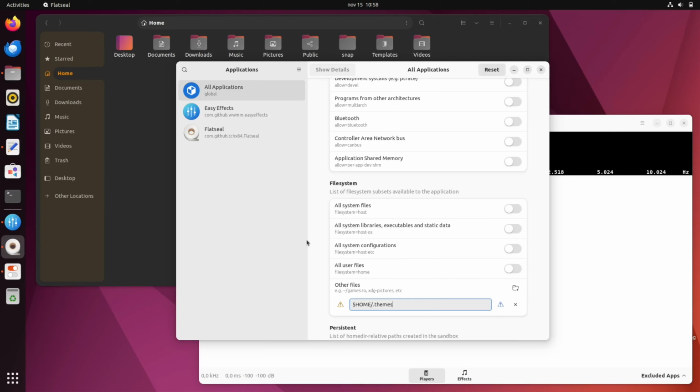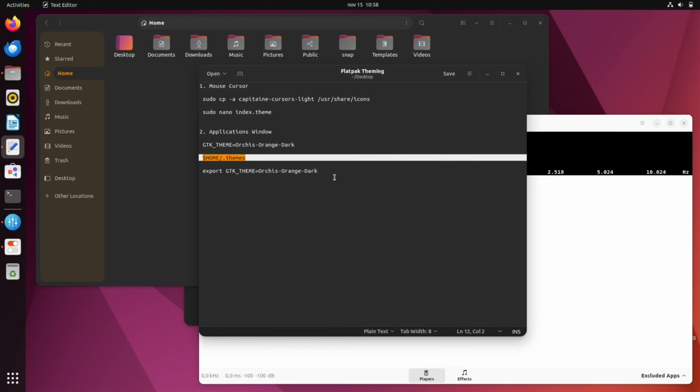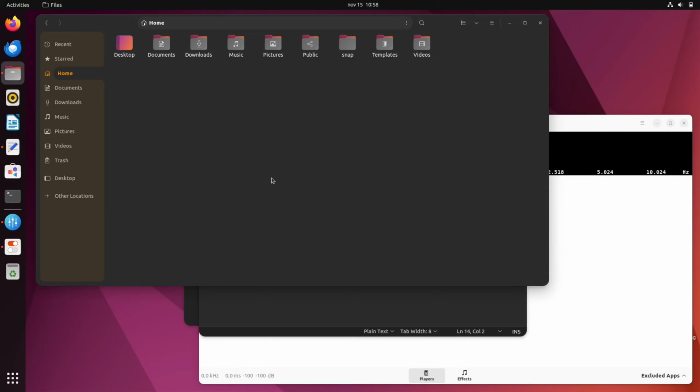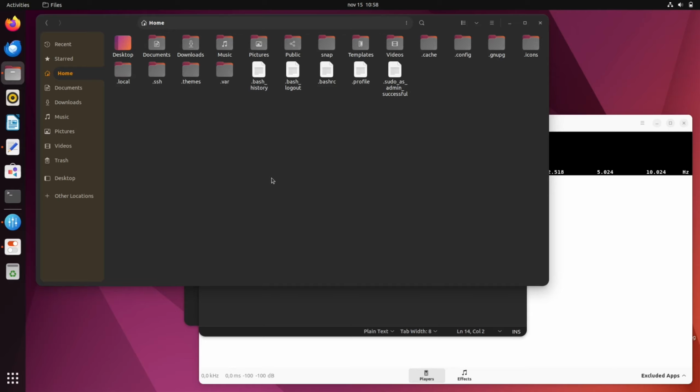And after that, basically all you have to do is close Flatseal, and then log out and log in. But before that, for you Fedora users, you have to do an additional step, which is to copy and paste this parameter right here, again changing to your custom theme. You have to paste this parameter right here in the bash profile file, which may be found in your home directory. For that, you have to press Ctrl H to enable hidden directories, and then you may see here the